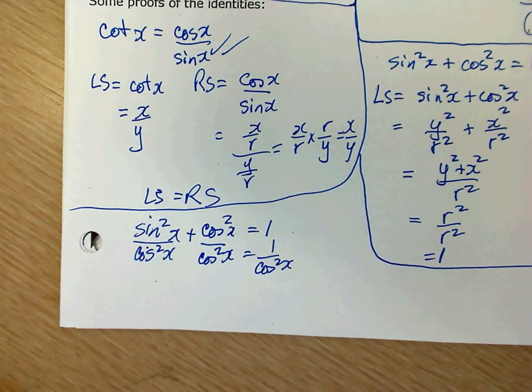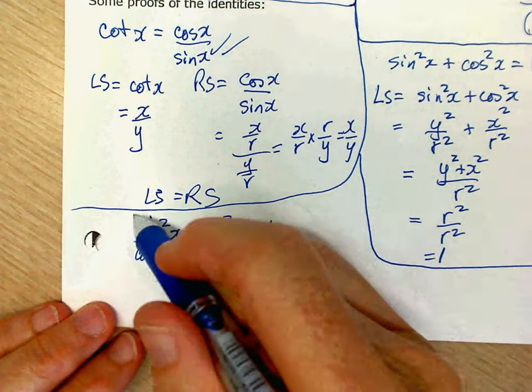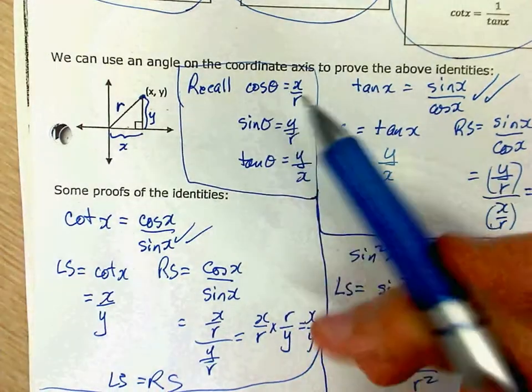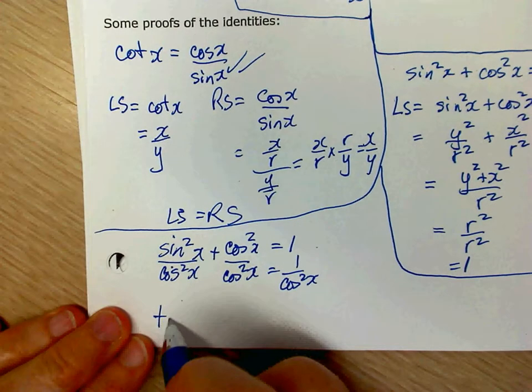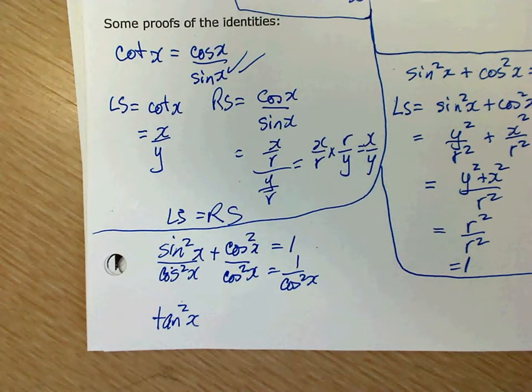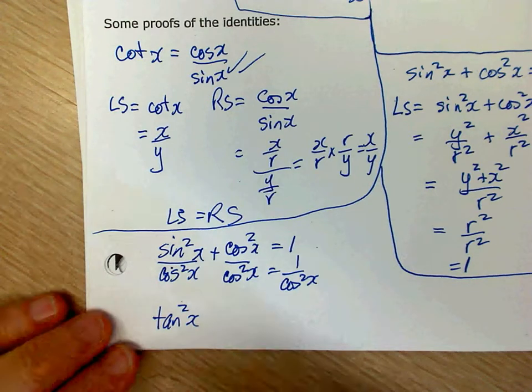What does sine squared x over cosine squared x equal? It's tan squared x. Does everybody see that? Because tan x is sine x over cosine x, so tan squared x is sine squared x over cosine squared x. Plus 1